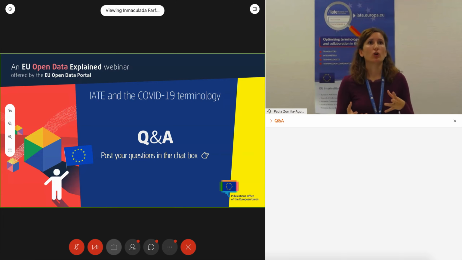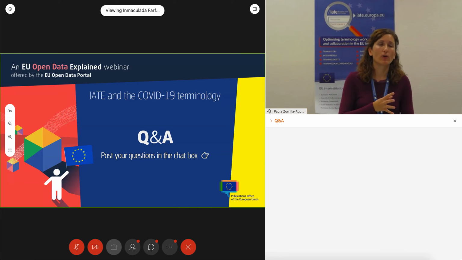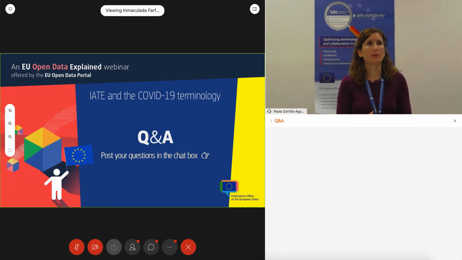The most common ones can be broader than, narrower than, related to, antonym of, but we also have its predecessor of, its successor of, and many others, its capital of, its city of. So we have different relationships, which are aligned as well with the interinstitutional style guide, where you can find plenty of these conceptual relationships. So we are trying to align with what is used in other EU resources.